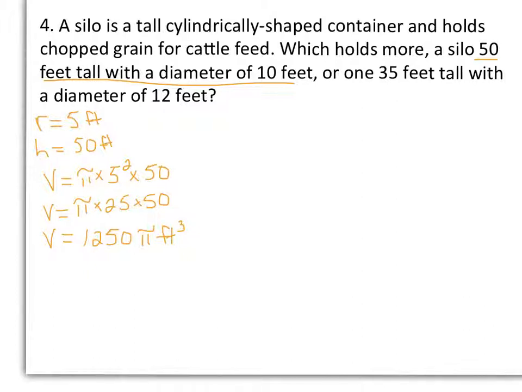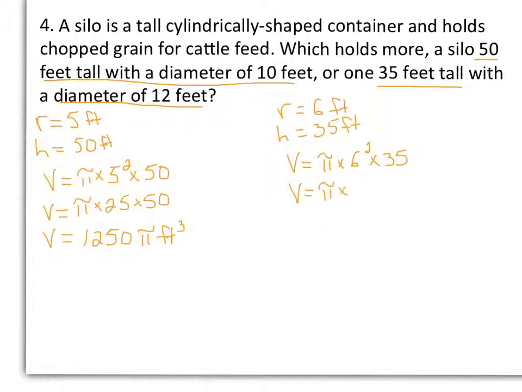silo would hold more. Now our second silo, let's see, 35 feet tall, diameter of 12 feet, so that means our radius is 6 feet, our height is 35 feet. Again, using the same formula for volume, pi times our radius squared, so 6 squared, times our height of 35. So volume equals pi times 36 times 35,